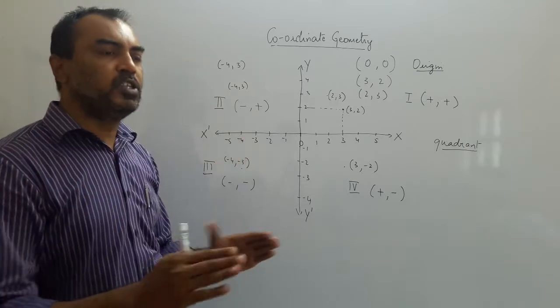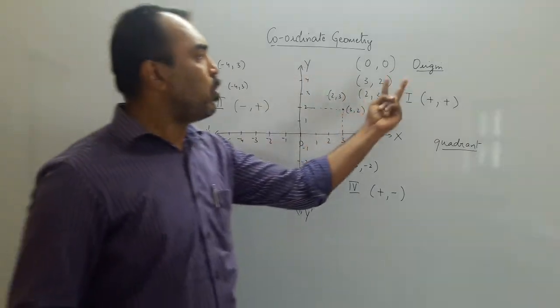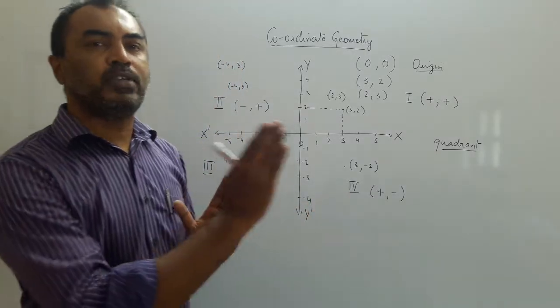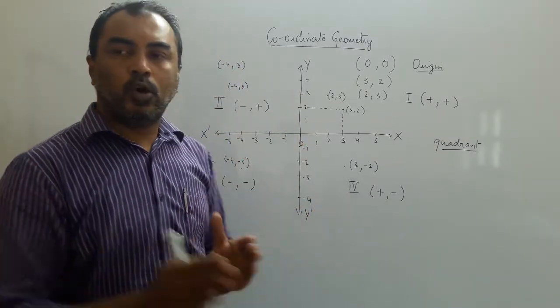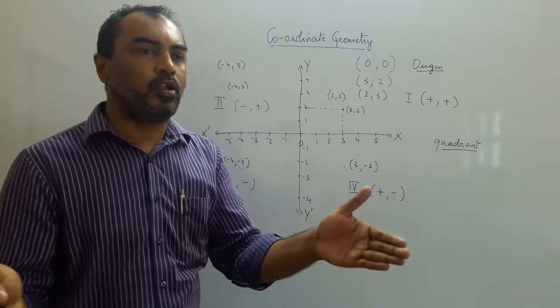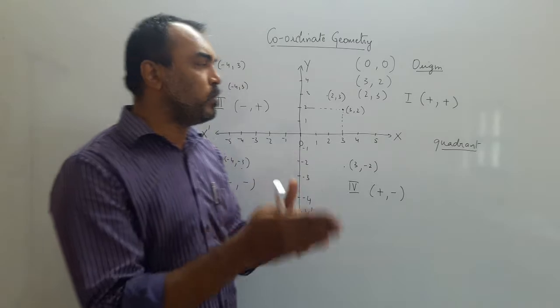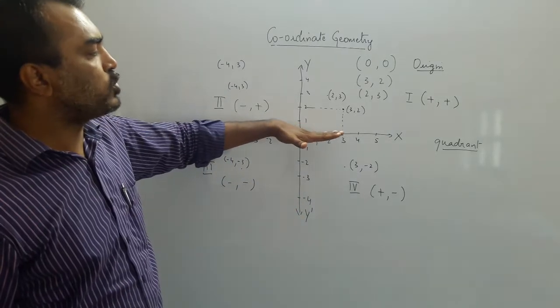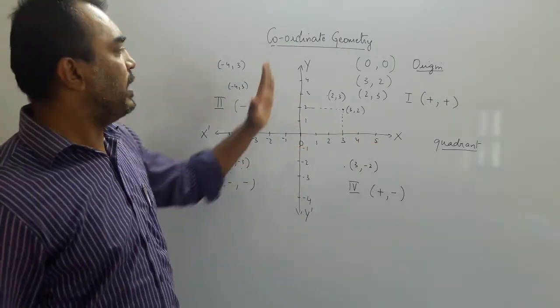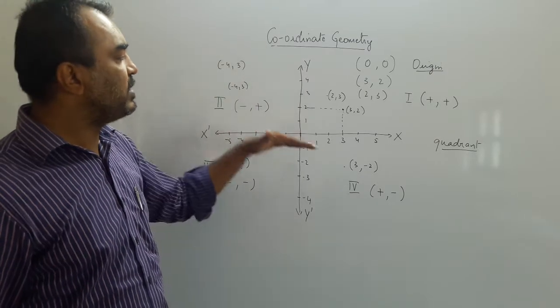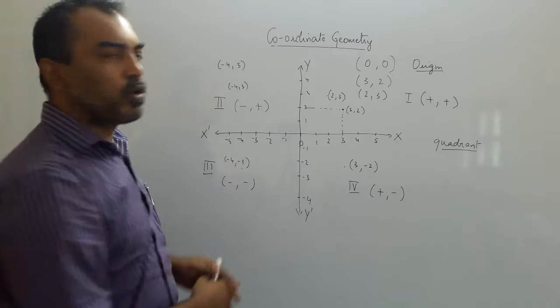In a two-dimensional space, we need two coordinates to show the exact location. Yes, I told you the example of the society and the house number, or the child sitting in which row, which column. Two numbers are needed to show the exact location on a two-dimensional space. So we have got a horizontal axis called the x-axis and a vertical axis called the y-axis. Then this line divides the whole space into 4 quadrants.